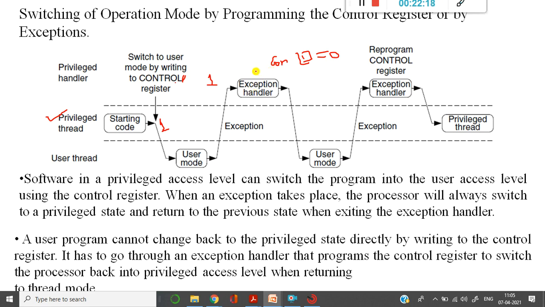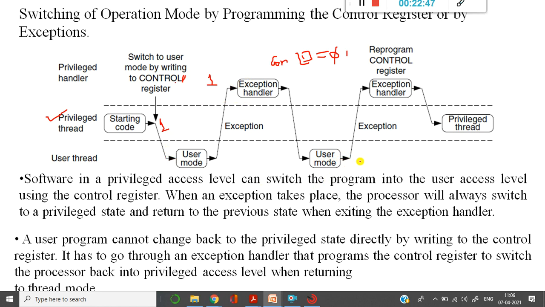Once it executes and is done with the particular job that has higher priority, which is done at the exception handler level, which is nothing but handler mode, then it will switch back because it states to 1 now. Once it is done with the job, it comes back to user mode and performs the regular job again.